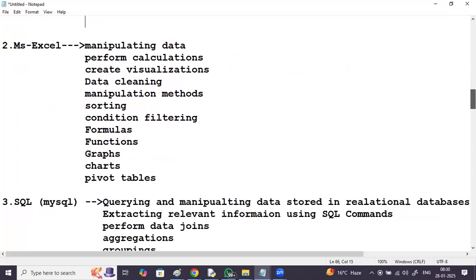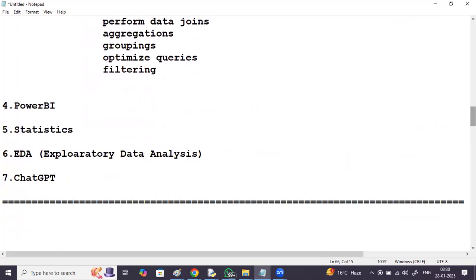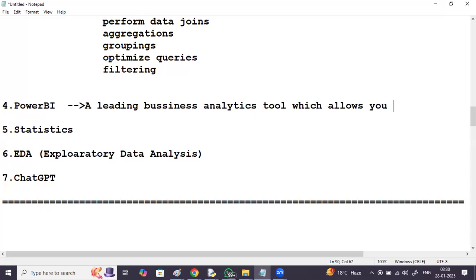Okay. Coming to Power BI, a leading business analytics tool. This will allow you to connect with various data sources.